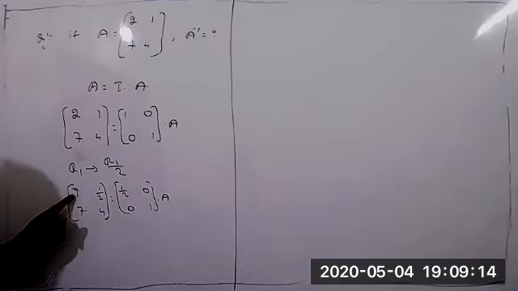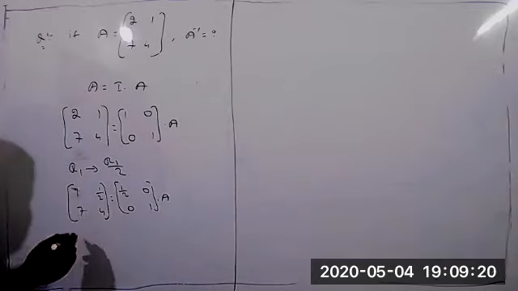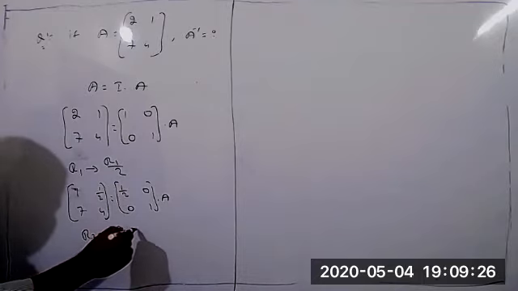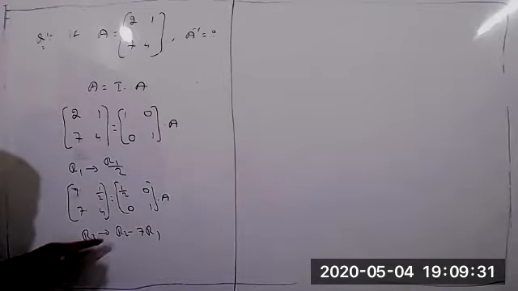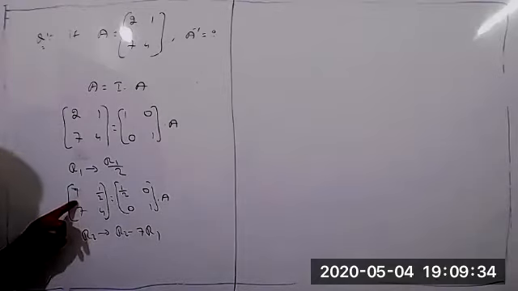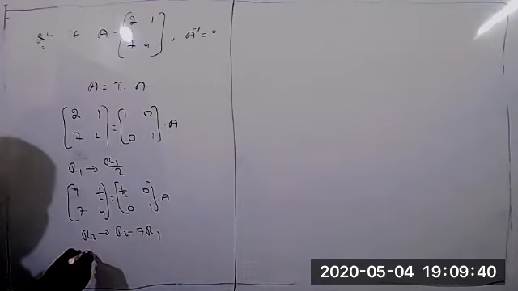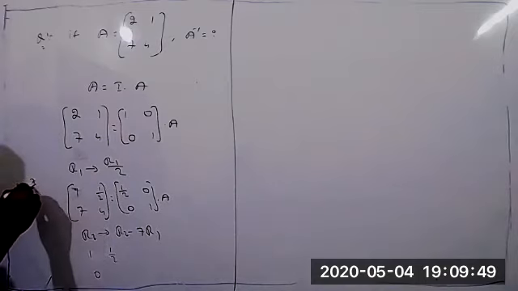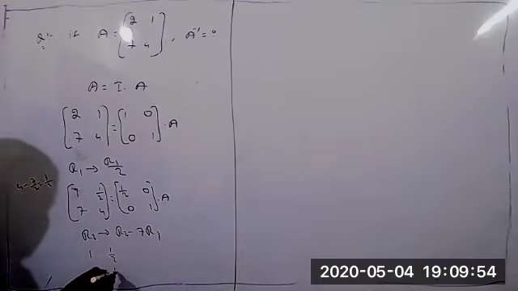The first element already we got as 1. Immediately you can change the second element into 0. How to get 0? This value belongs to the second row. So I am taking R2 minus 7 into R1. R2 is 7, and 7 minus 7 into 1 equals 0. Since we are changing the second row, the first row you can write as is, 1 1 by 2. Here is 0, and here 4 minus 7 into 1 by 2 equals 7 by 2. Taking LCM 2, 2 4s are 8, 8 minus 7 equals 1. So this also you can write as 1 by 2.